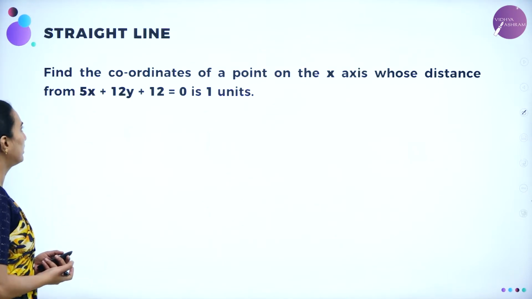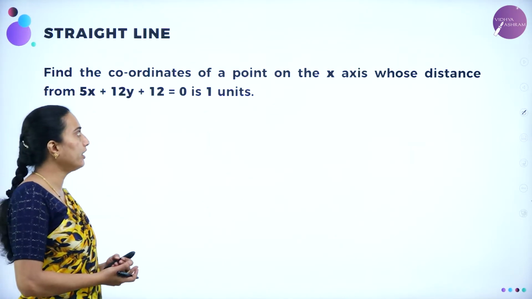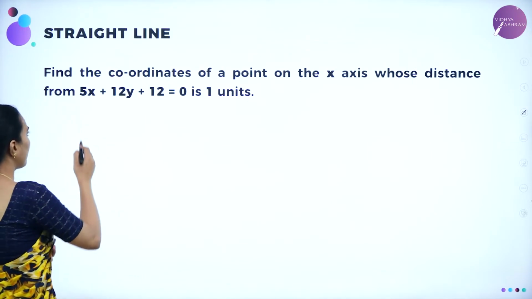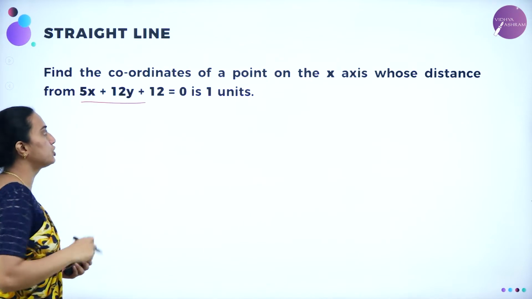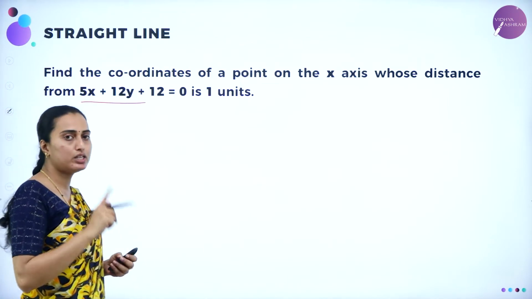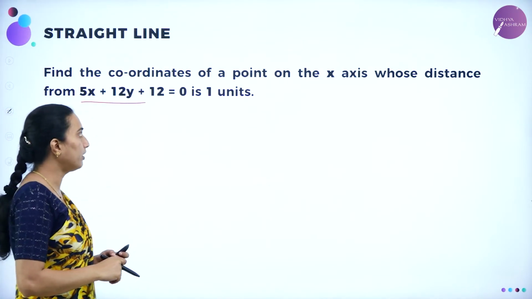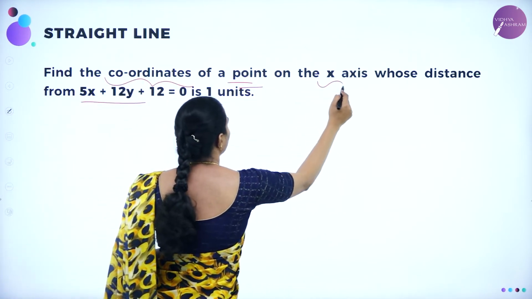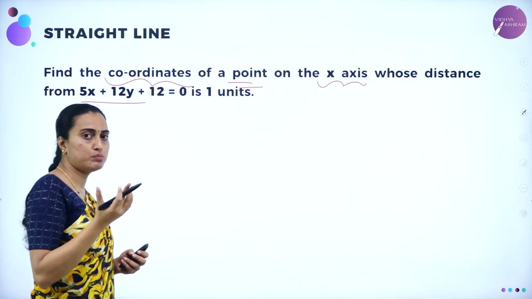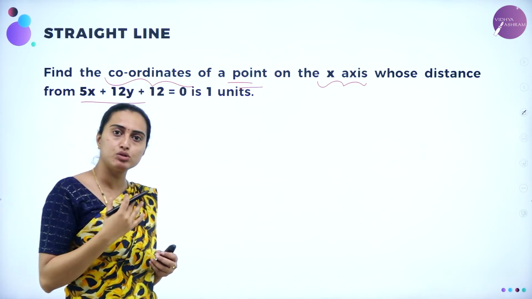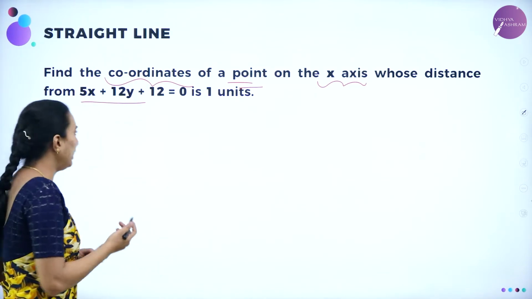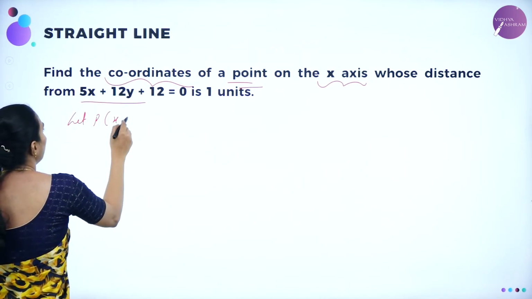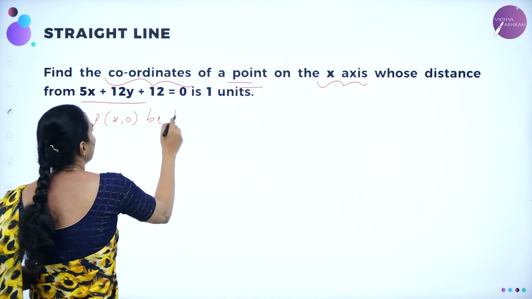Dears, what they have asked: find the coordinates of the point on the x-axis whose distance from 5x plus 12y plus 12 equal to 0 is 1 unit. So they have given, find the coordinates of the point on the x-axis. X-axis means the y coordinate will be 0. So therefore, I am considering the point like this. Let P of x comma 0 be the point